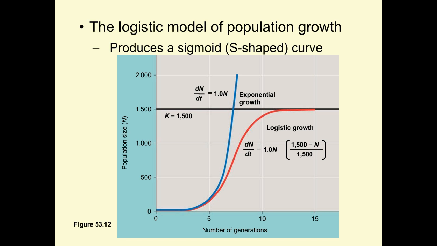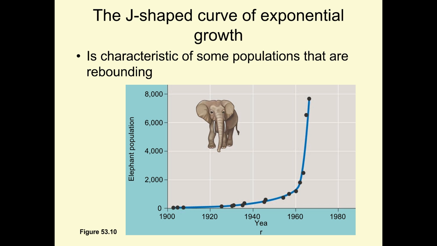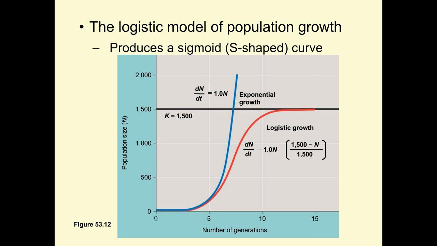So let's just take a look at it. This was the elephant population, the red. We would be looking at a graph up to about here. So up to about there is represented by this line here because it's showing exponential growth. But what happens at this point? Instead of curving higher and higher up, it starts to shift back to the right.